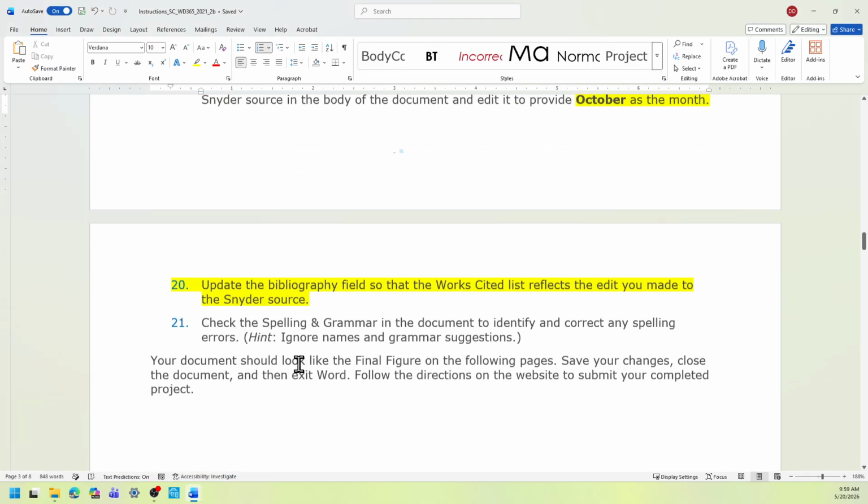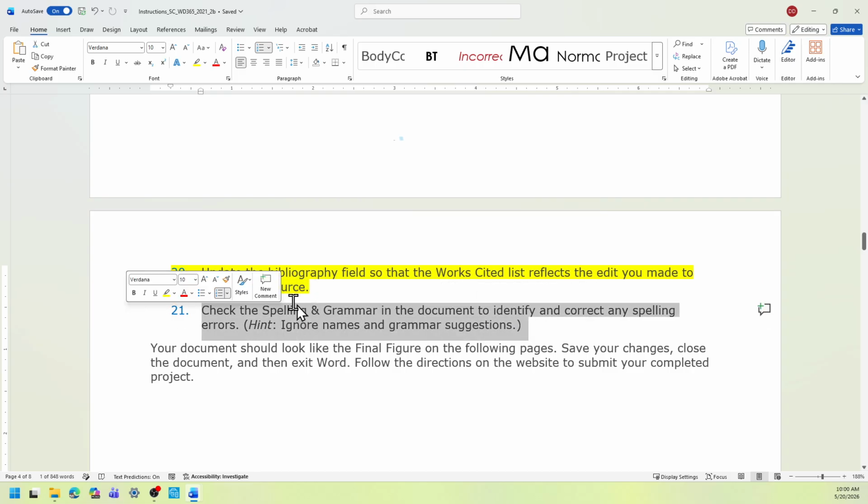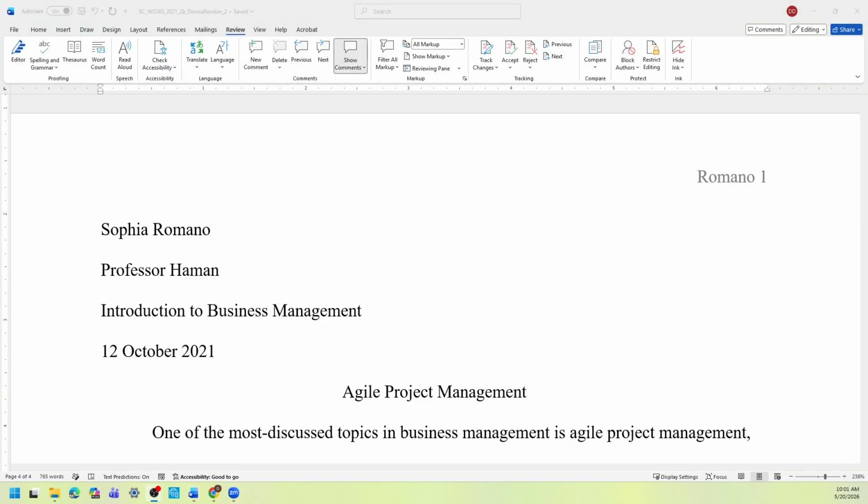The last step is to check the spelling errors, but you're going to ignore the names and grammar suggestions. So the last step is to just do the spelling check, and you're going to select Spelling and Grammar.